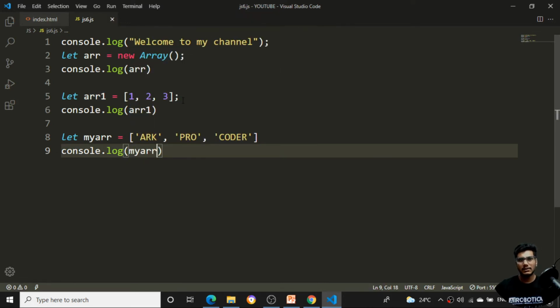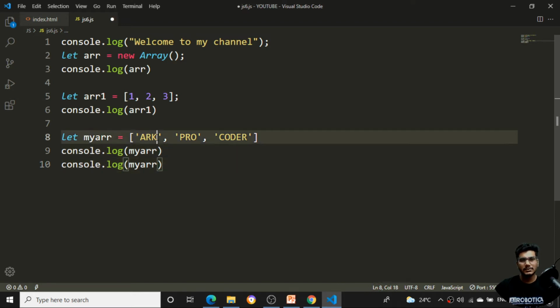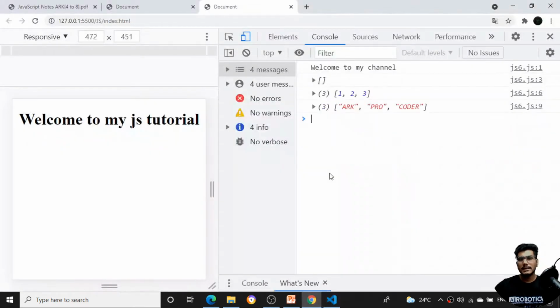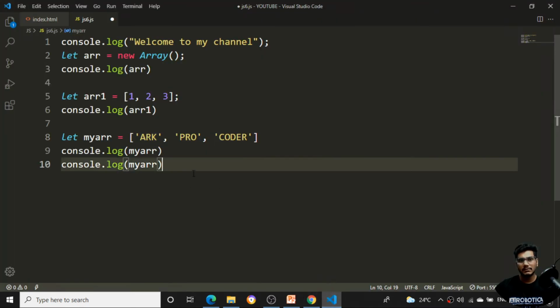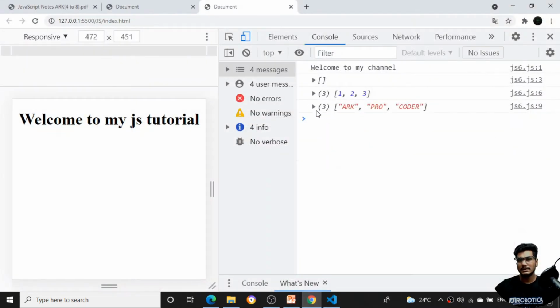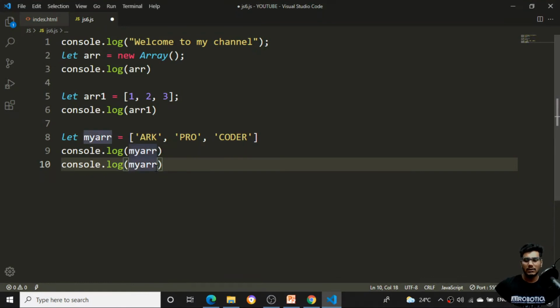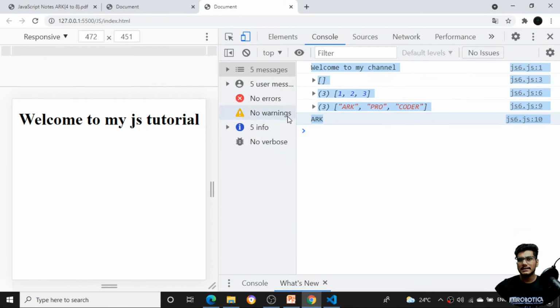So once I do this, obviously it will be coming in the indexing position. Now I want to access the position of the array. You can see I'm getting the first item three times. If I give it one more time, you can see it is coming only a single time, not two times. So I want to access just the value of the first. I can just tell my array I want the position 0. If I give it like this, you can see I'll be getting the first value.